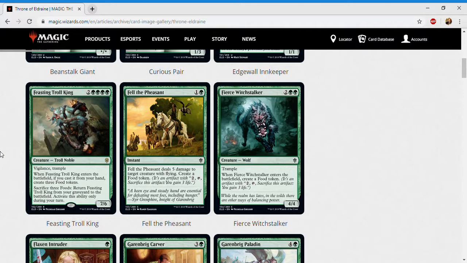Next up we have Fell the Pheasant. For 1 and a green, it is an instant at common. Fell the Pheasant deals 5 damage to target creature with flying. Create a food token. So this one, unfortunately, you always need a target. You can't just pay 2 mana to get a food token. But this kills a lot of stuff in the air,